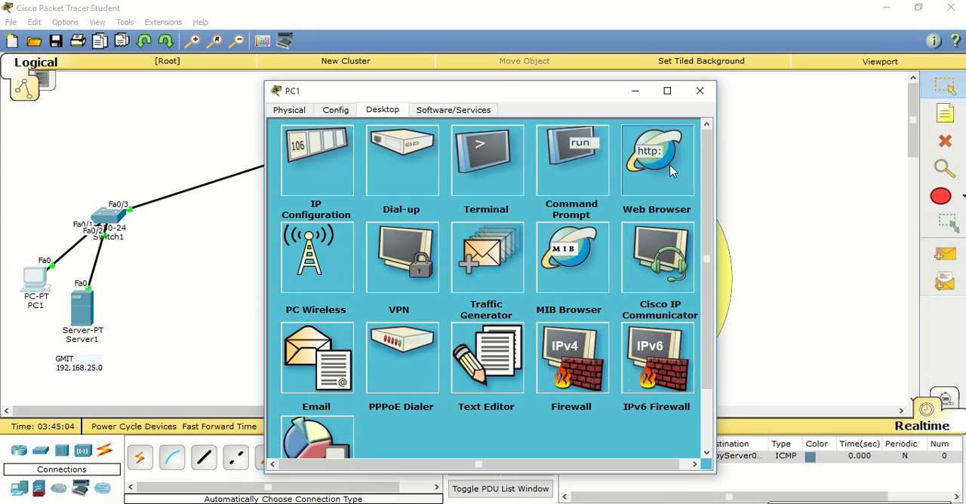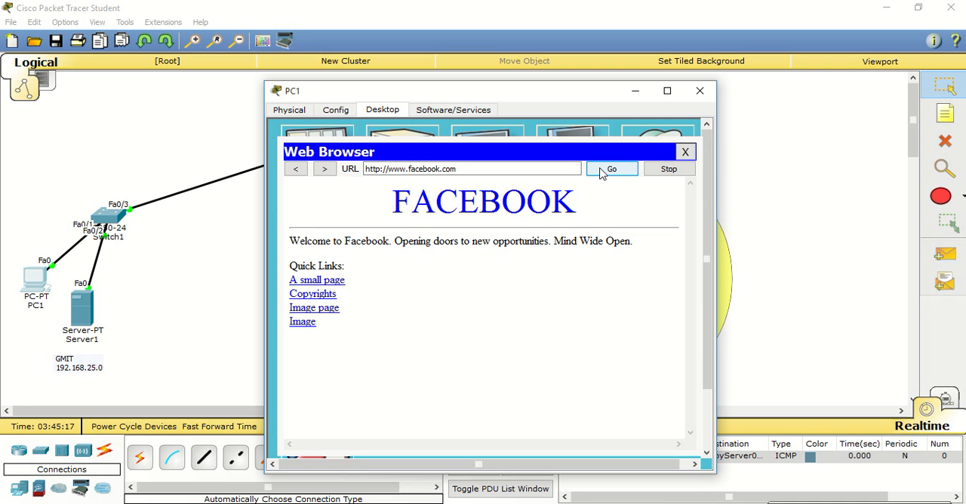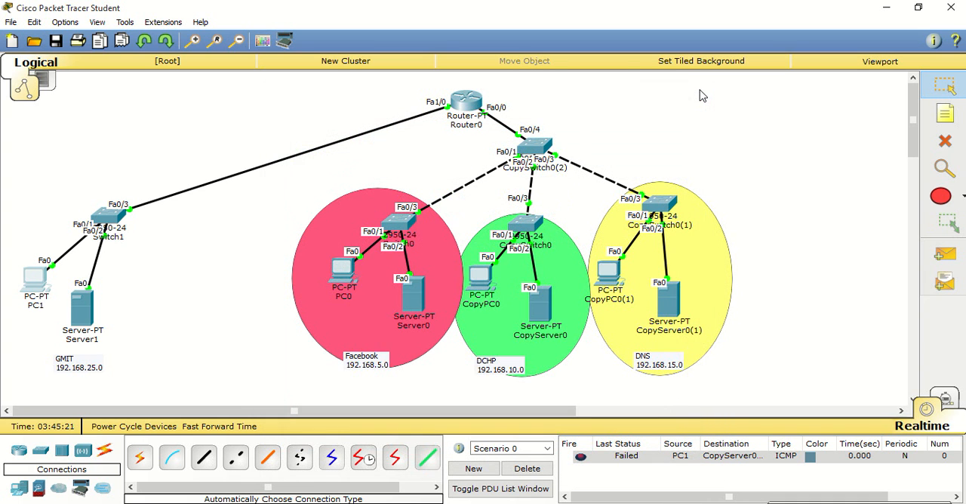And we just go in here, browser, www.facebook.com. And there we go, all done. It works fine there on all of that. So I'll record that and send it up, and just prove that we can ping across. I'll just ping from there to our DNS server, and it's successful. Okay, so talk to you